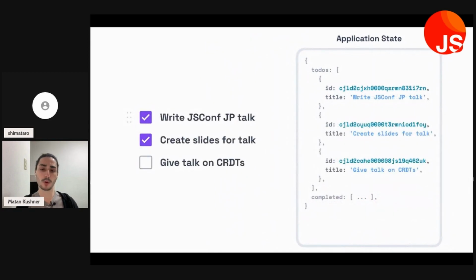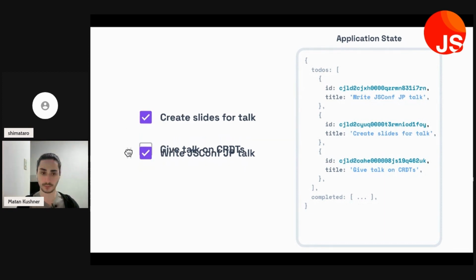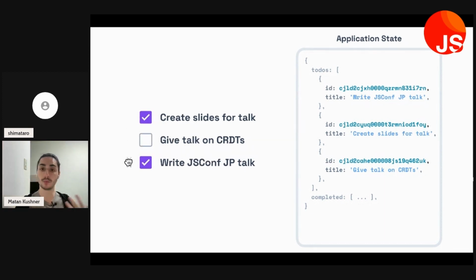So we've got one more thing that we want to add support for in our to-do list. Let's tuck away completed. It's still there, but we're going to add a new property for ordering, right? If we want to have ordered tasks, how can we introduce those?